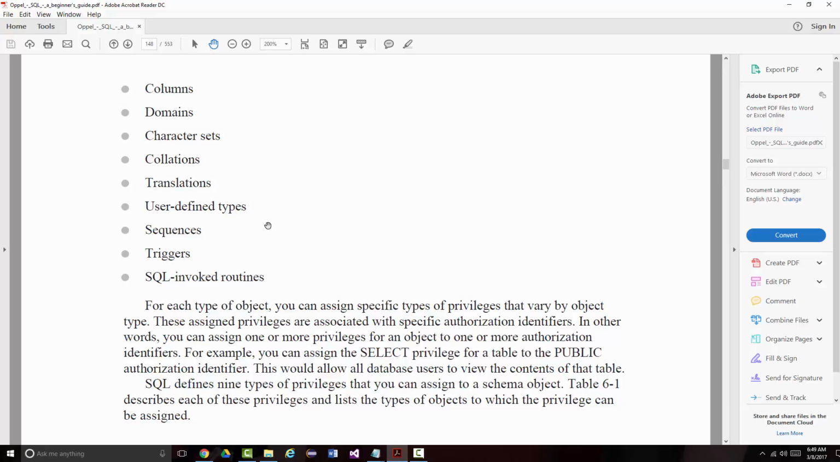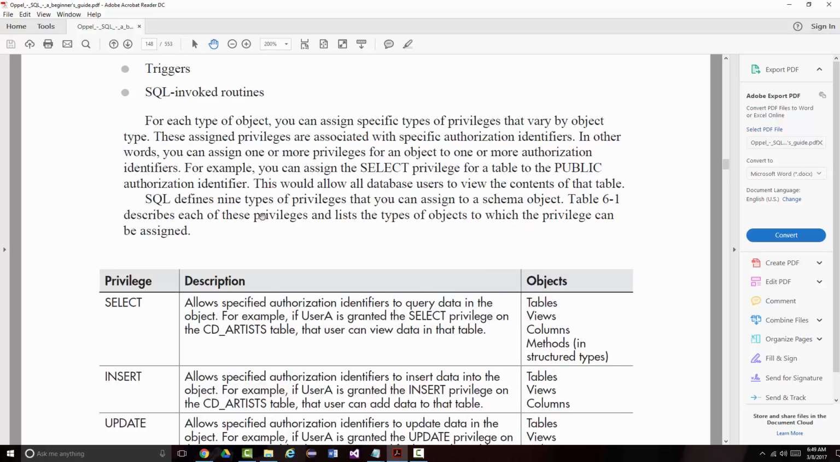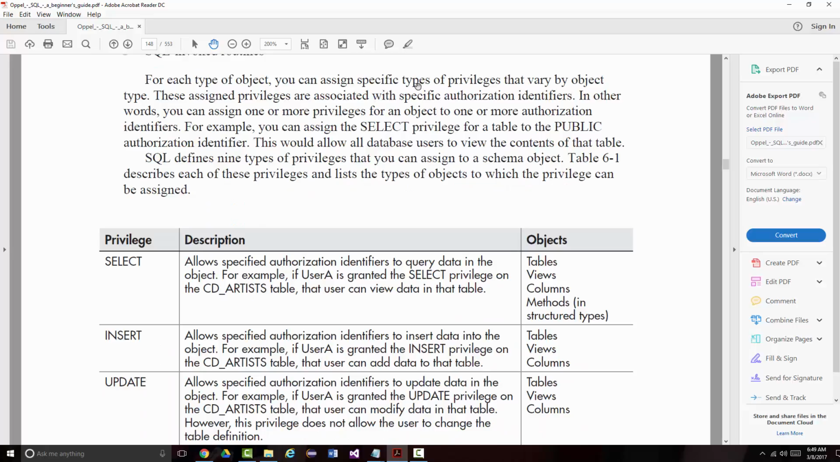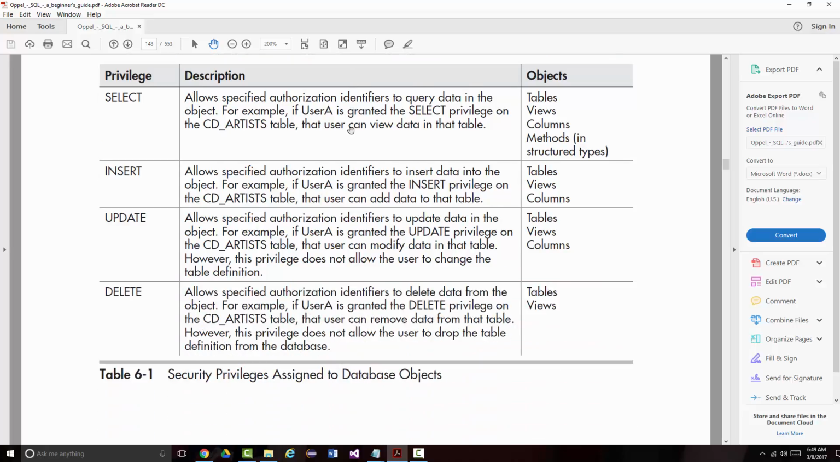Some of these we've discussed, probably more in a general nature. Some of these that are in this bullet list we will discuss in more depth and breadth of coverage later. Some of them, especially the ones near the bottom, we won't discuss at all. For each type of object, you can assign specific types of privileges that vary by object type, such as,